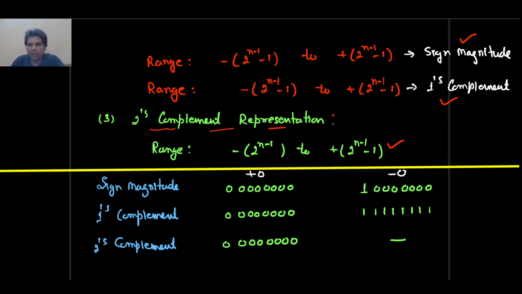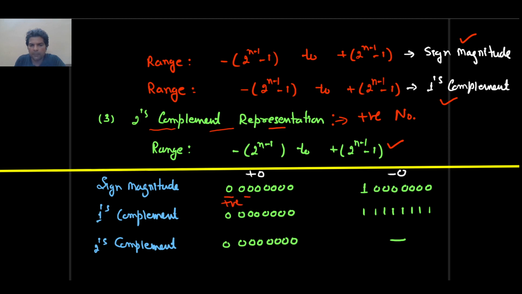I am repeating one more time. Positive numbers in two's complement form are represented the same way as we have represented in ones complement form or in sign magnitude form. Correct? But the negative number is represented by taking the two's complement of the corresponding positive number. Clear? Now you see here in sign magnitude, plus 0 is this, because the sign is